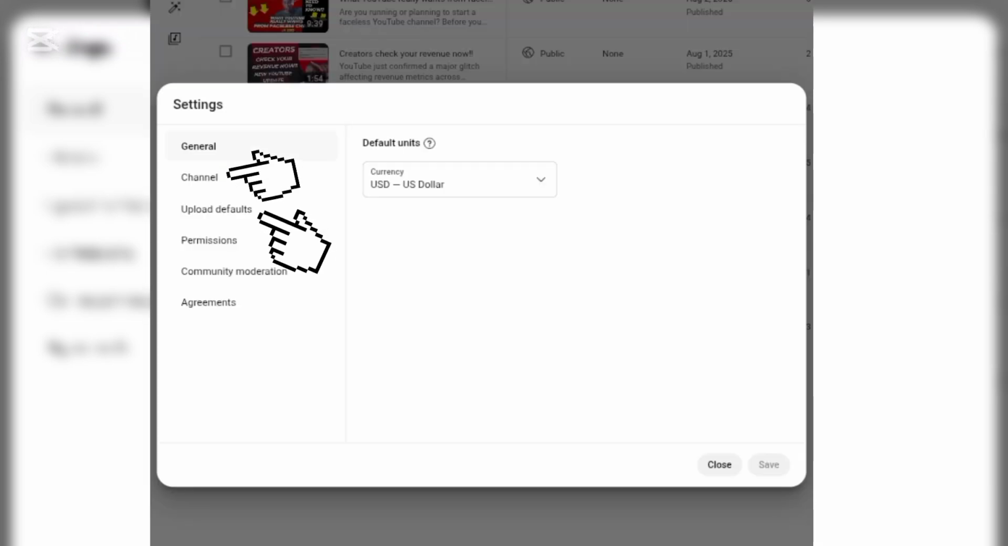Scroll down. Now if you look down here, you will see settings. Can you see the settings? You click on it. When you click on it, you see these two. We are focusing on channel and upload defaults. When you click on channels,